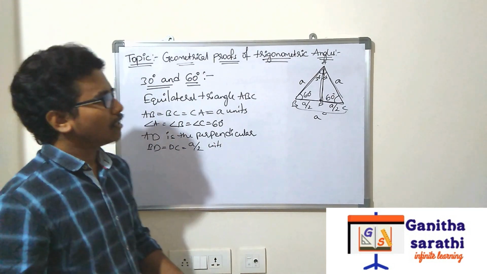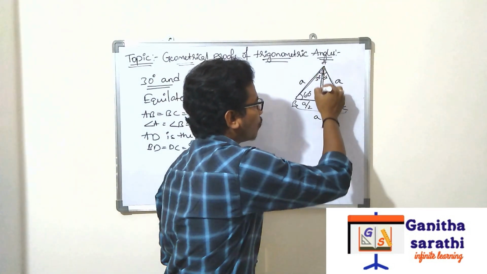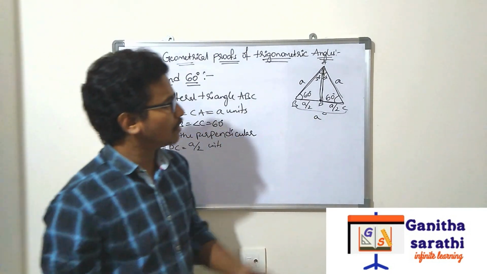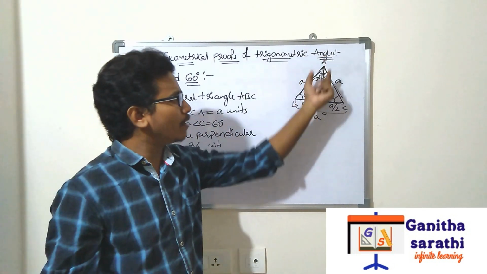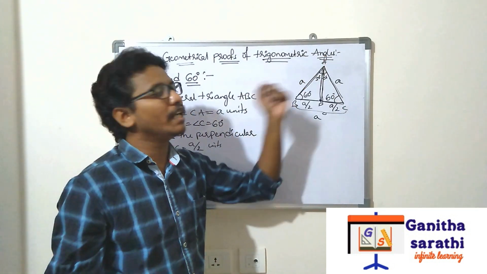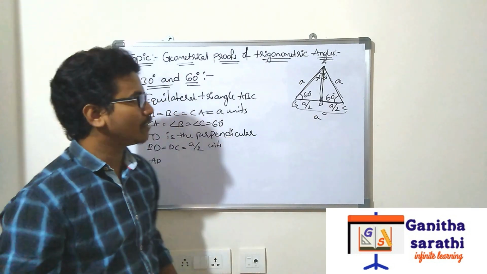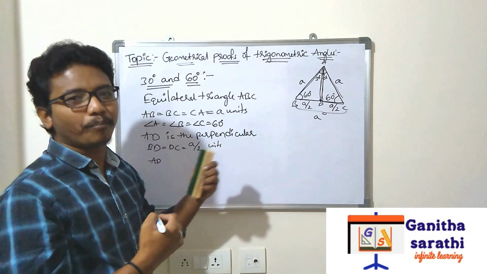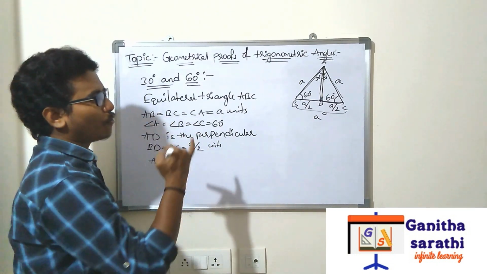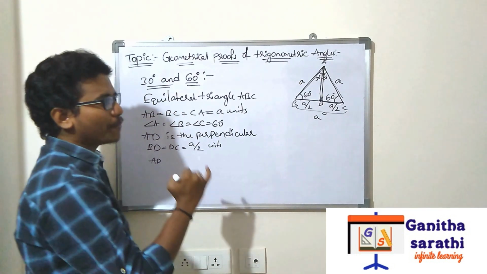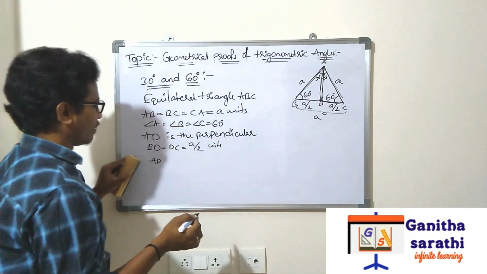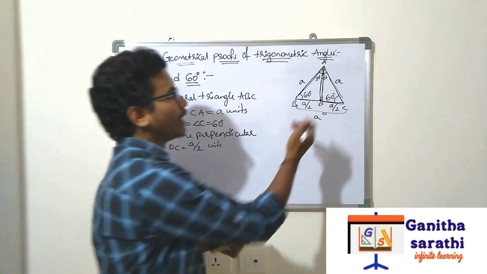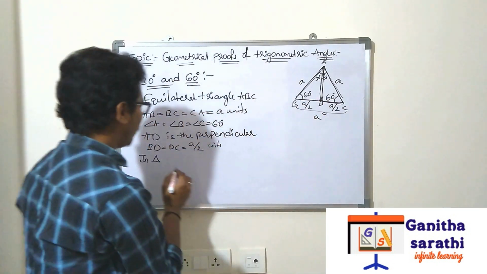Okay. Now we want this value. What is that? The AD value. How will we find AD? You can take any of the triangles, because if you draw a perpendicular bisector, it divides the triangle into two equal or congruent triangles, right? So you can take any of the triangles for finding this using the same Pythagoras theorem. What is the Pythagoras theorem formula? Hypotenuse square is equal to side square plus side square. Okay. So you can take any one of the triangles. I am taking ADB. In triangle ADB.